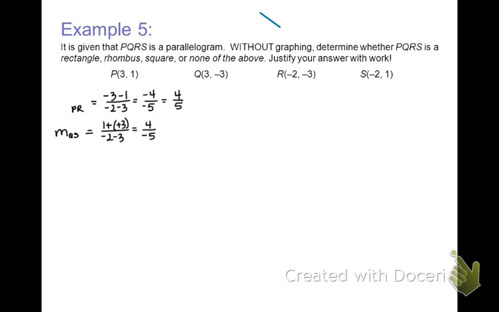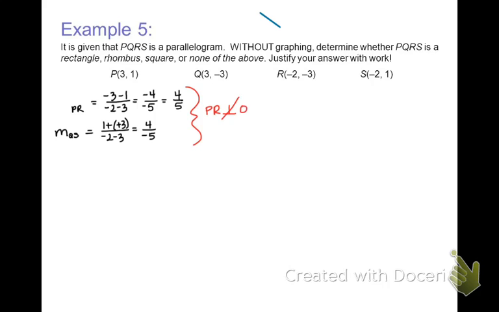Remember the most important part is at the end to write your conclusion. You need to tell me what this means. What does this mean to you about the diagonals? Does it mean the diagonals are perpendicular, or does it mean that they are not perpendicular? Not, because they are opposite signs, but are they reciprocal fractions? No. So this is how you would write it. You would write PR is not perpendicular. So you draw the perpendicular line and put a dash through it to say it's not perpendicular